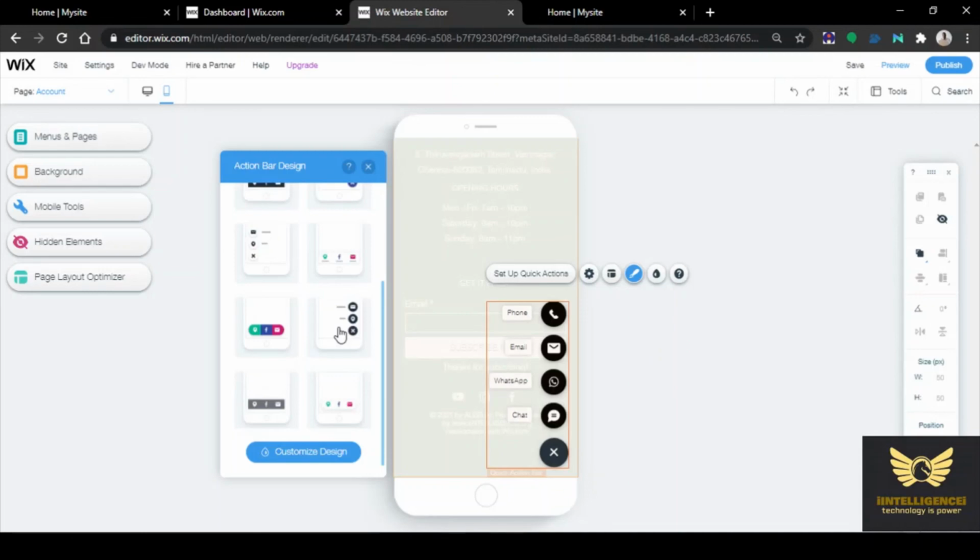You can choose black and white. You can choose color option, vertically or horizontally. Based on your preferences you can change it.